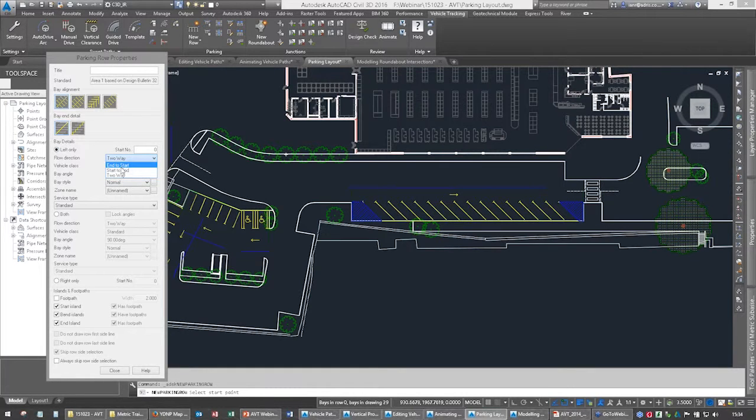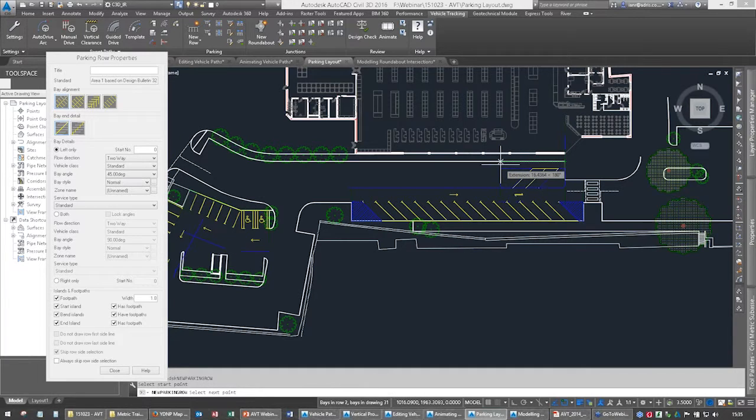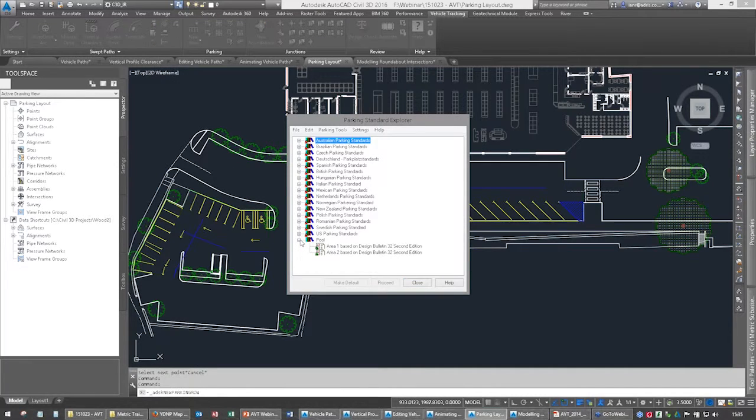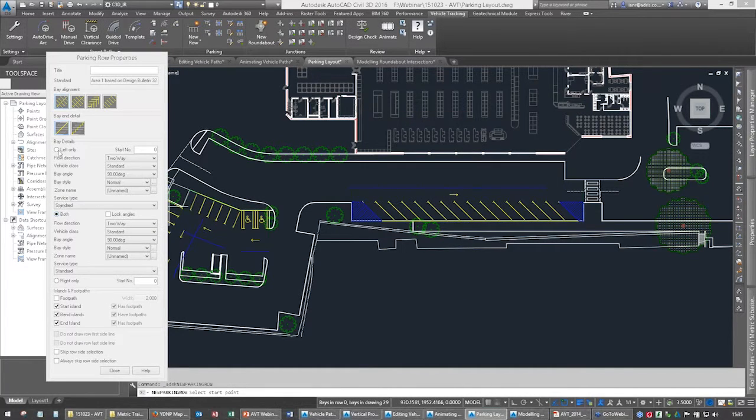I'll do it two-way, 45-degree angle. You've got your base styles again, and what we'll do is add a footpath in. We'll set the footpath width 1.8. And start drawing. You see the gap there where the footpath is added in. So if I was to, oh, sorry, I pressed the wrong button. Do that again. Left only, two-way, 45-degree,